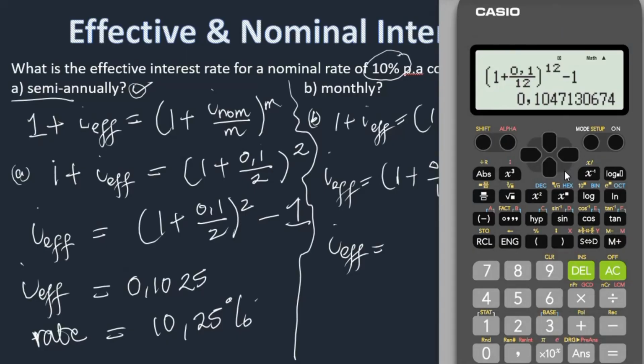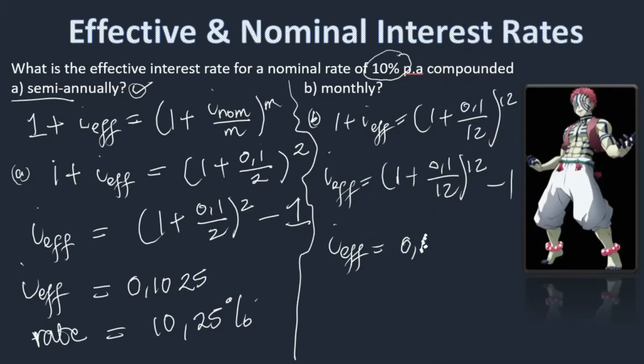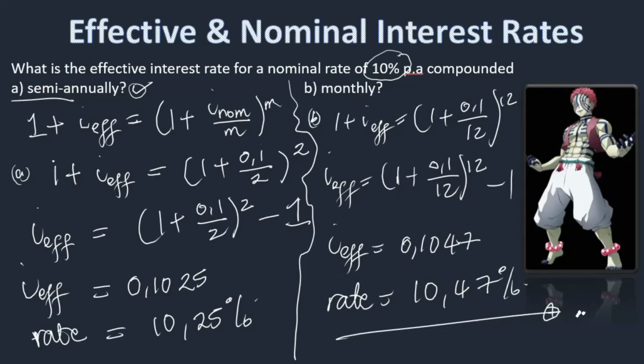Using my calculator here, I get, to 4 decimal places, 0.1047, right? Let's write that. 0.1047. Now, what is the rate there? The rate is 10.47%. This is the effective rate compounded monthly. This is the effective rate compounded semi-annually. Are we good? So we are done